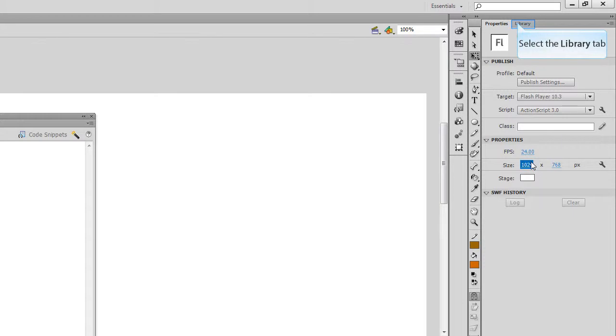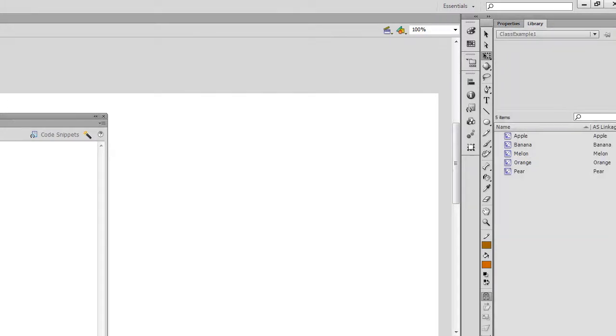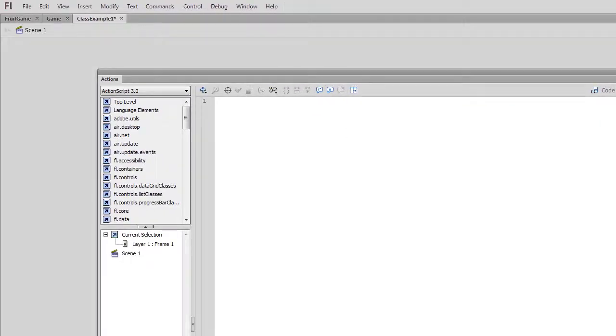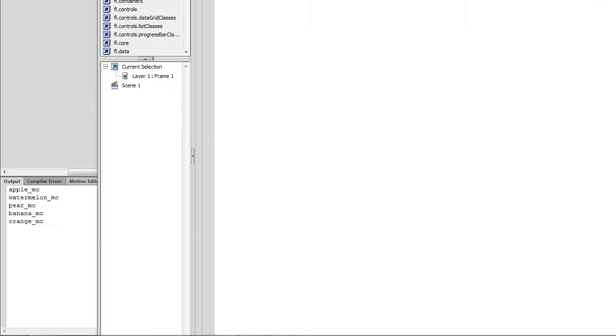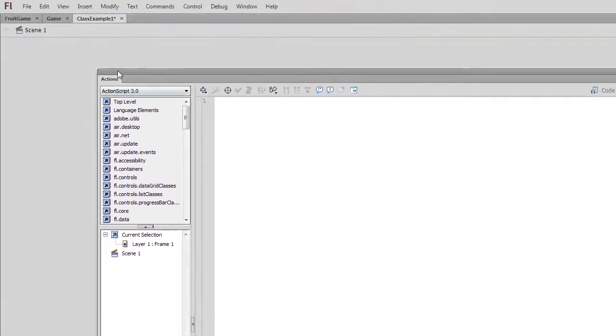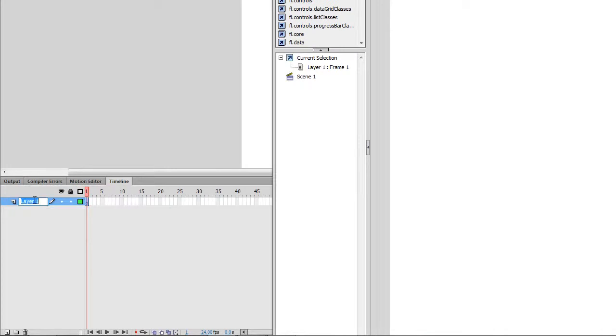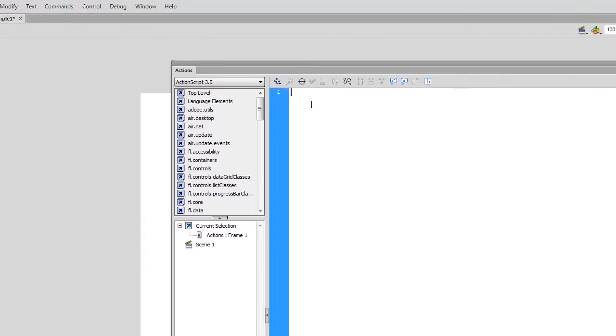There we go. Okay, so what we're going to do is just do a basic bit of actions on the timeline at this point in time. You'll notice in the timeline we've just got one layer and there's nothing on it. I might just call it actions. We will eventually do this in a class file, but for now we're just going to do it on the